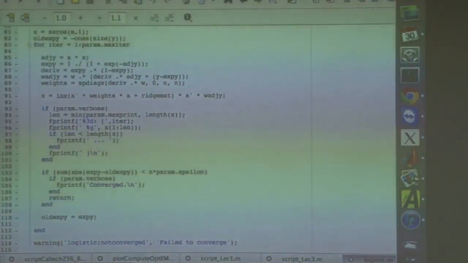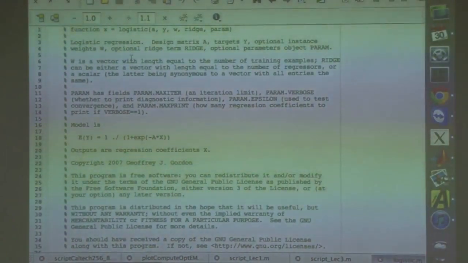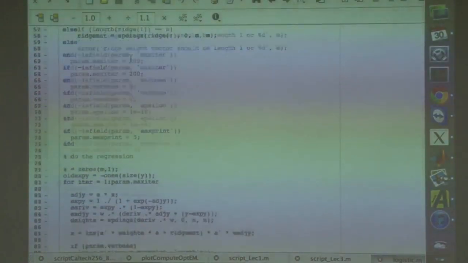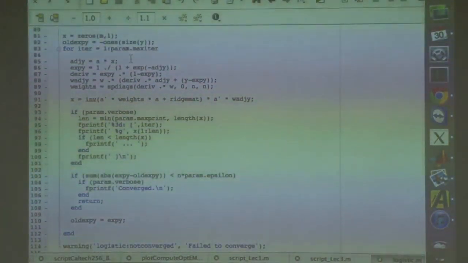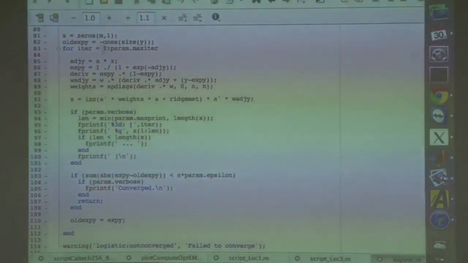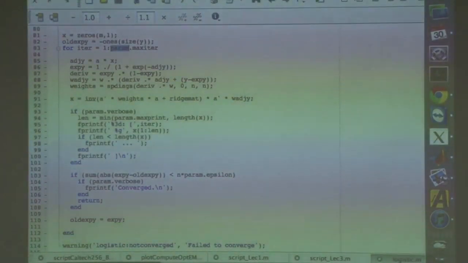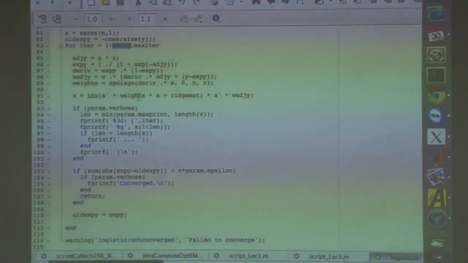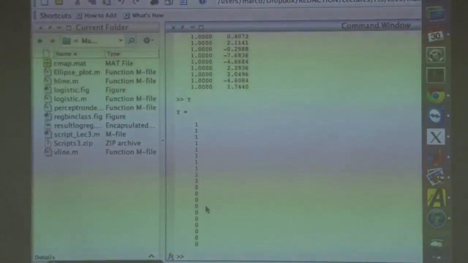So this function logistic, I didn't program it. I got it on the web. So this is just a few starting points. But what you can see is that there is no hat matrix. There is no X X prime inverse times X Y. It's code basically. You have iterations, maximal iterations, and then you update, and then you compute gradients, etc. And then you loop basically over a few updates, and then you're really doing an optimization algorithm trying to maximize this objective. But if you look at the results,